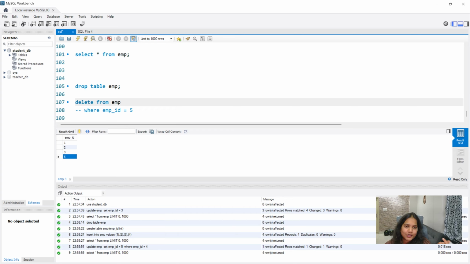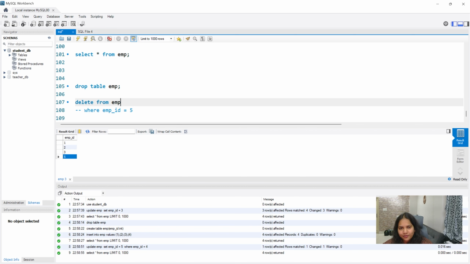So if somebody asks you what is delete and truncate, truncate will remove all the rows that are inserted and delete will remove all the records when there is no where condition. So delete and truncate, when will they behave the same? When there is no where condition, both of them will behave the same way. So that is one interview question.